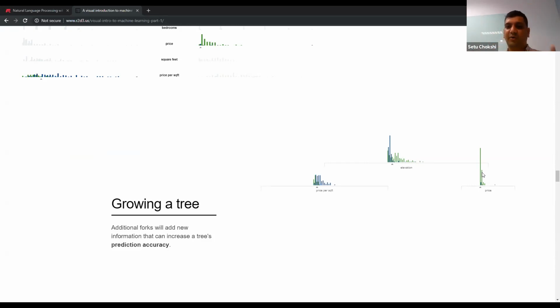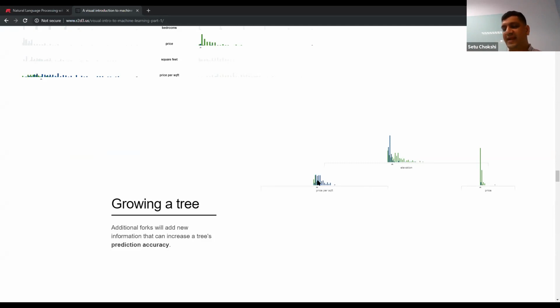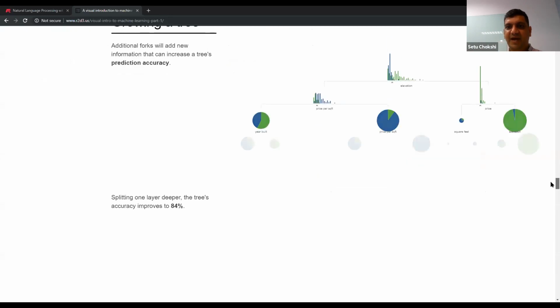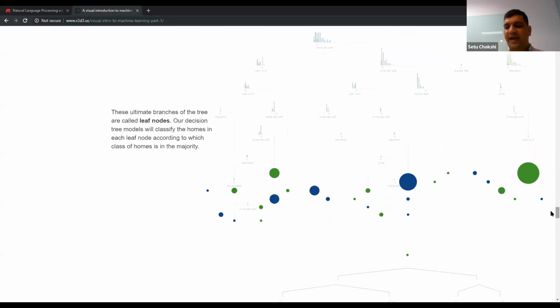Now I don't look at the overall population and start trying to do the same things which I did for price and price per square foot. Given the data between the splits that I have, what is the right split going to be? I determine that for my left-hand side. The same thing I do for the right-hand side, which is essentially all the apartments that are in San Francisco. A very few of them were in New York, and I build it up. So now I keep doing that and start building my tree to a point where I have,